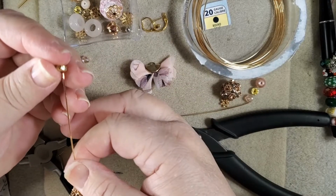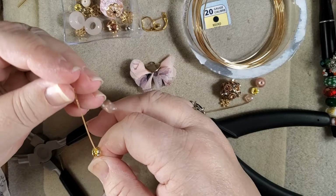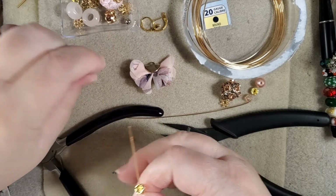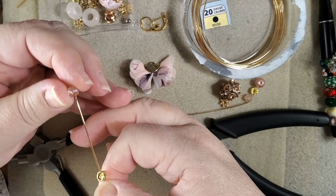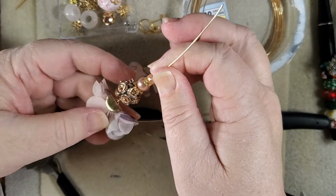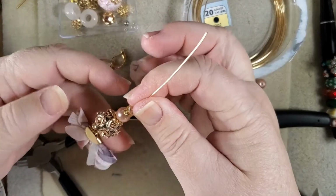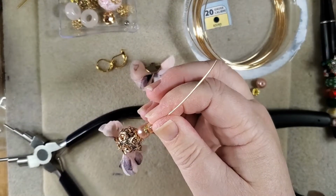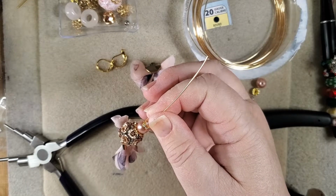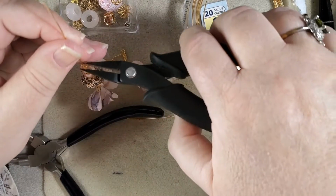This little crystal rondelle, and this pretty little rose-colored bead here. And there we have our earring together, other than putting on the ear wire. So the next step is to form the ring around the top for the ear wire. And we make that, of course, exactly the same as we did the loop on the bottom by just putting